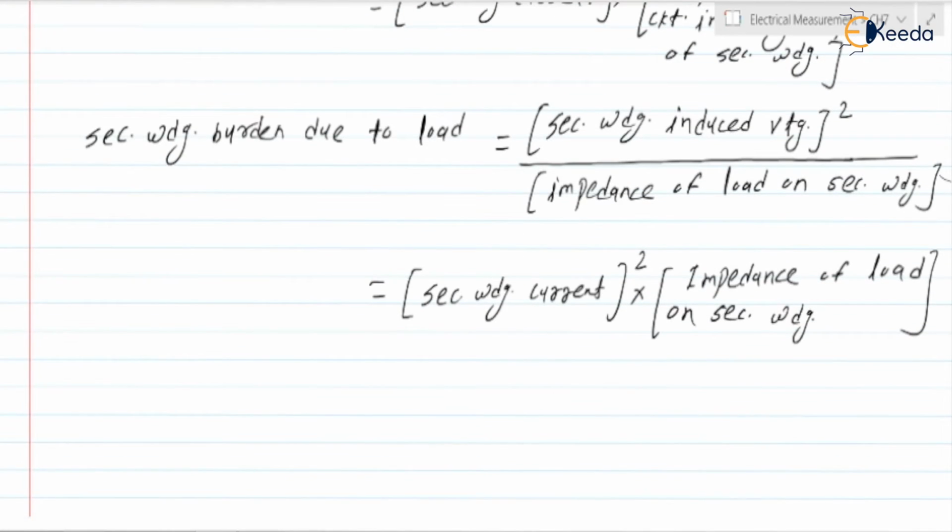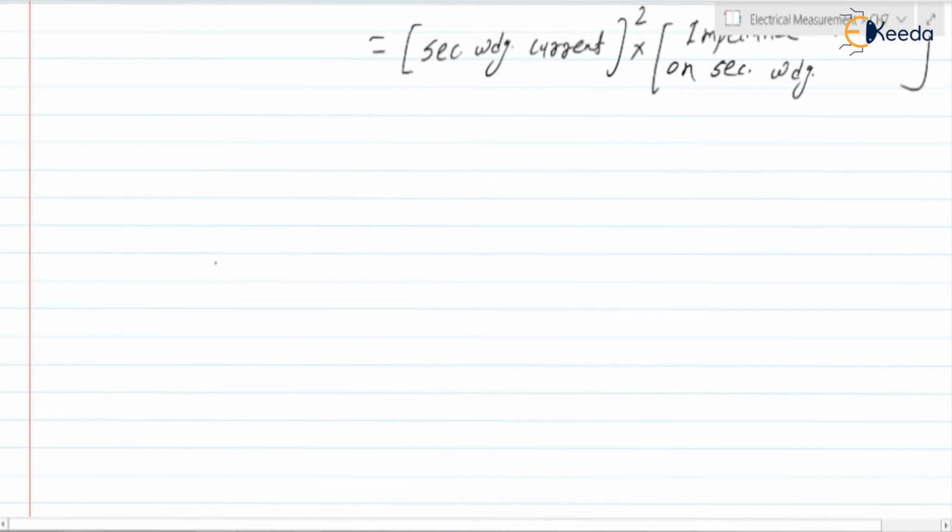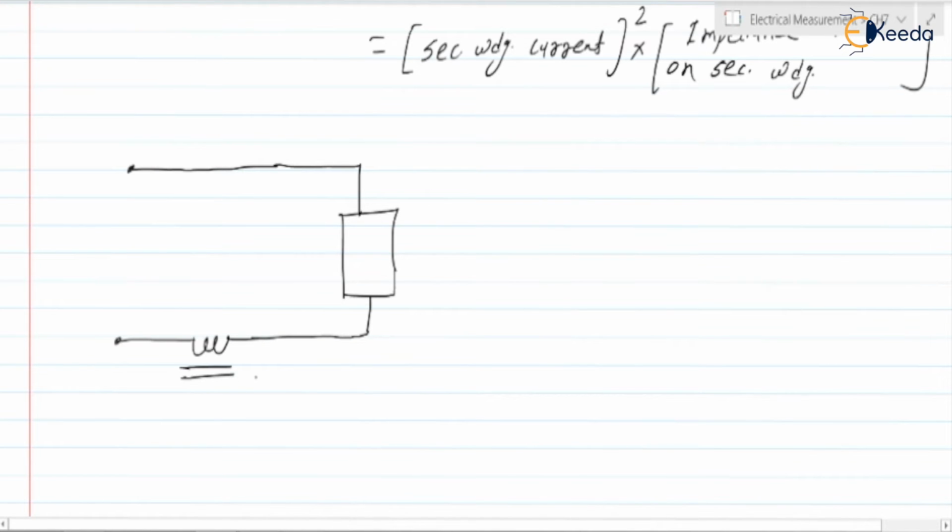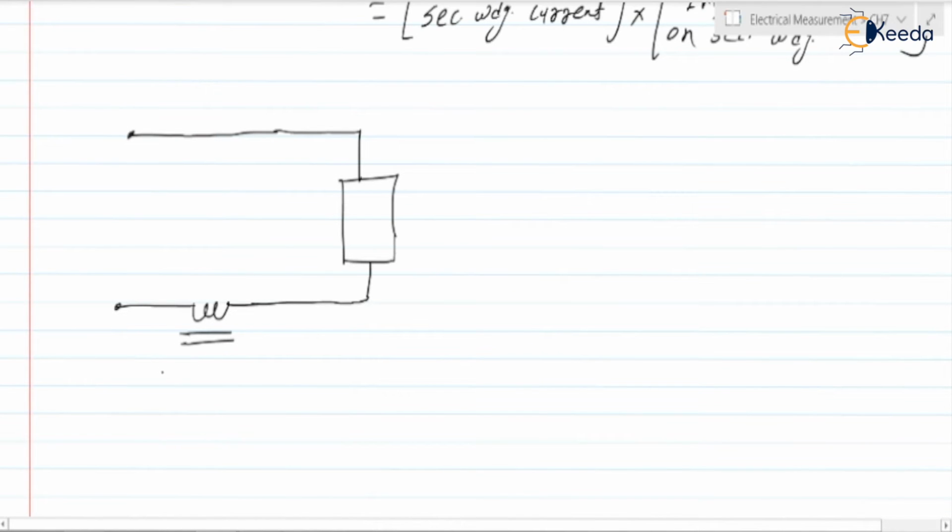Next, coming towards the main topic, the relationships in a current transformer. As we have discussed, the current transformer is connected in series with a load, because its function is to reduce the strength of the current. Whatever high current is there, it is required to flow through the primary winding of the CT, and next we have the secondary, and here it is the ammeter.